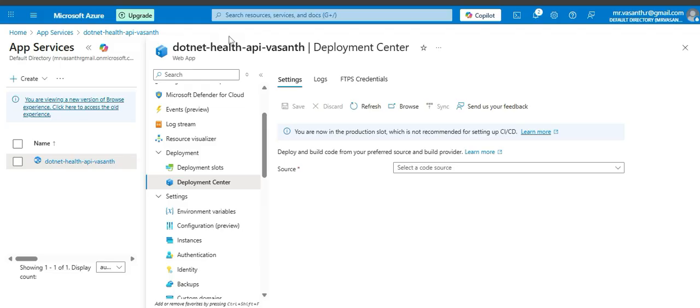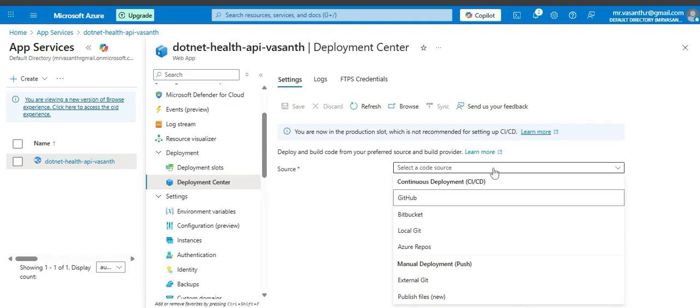Now within our Azure portal in app service we have to select our Azure app, and within that we have to select deployment center. Then we need to deploy the project here as a zip file. We are going to publish that as a zip file. So for that